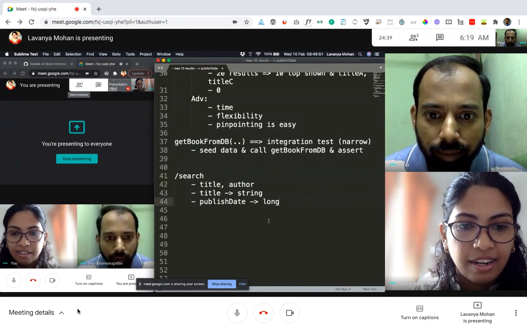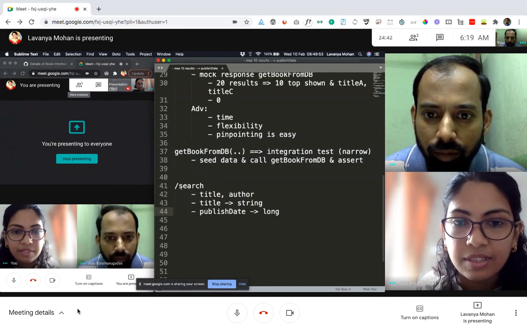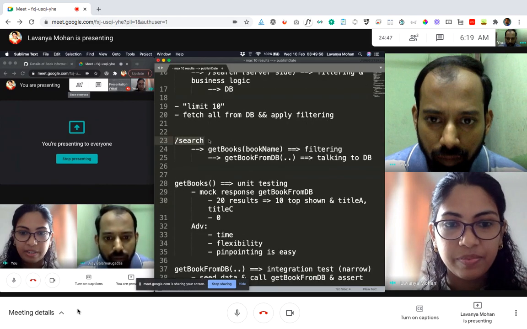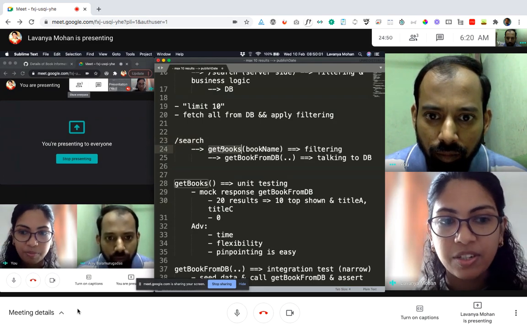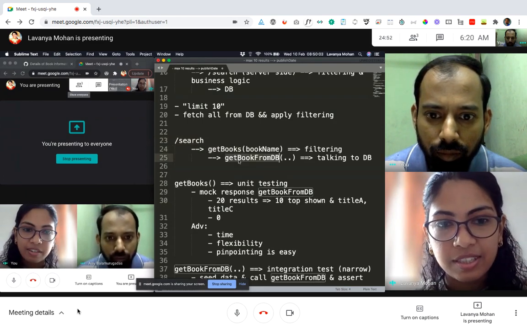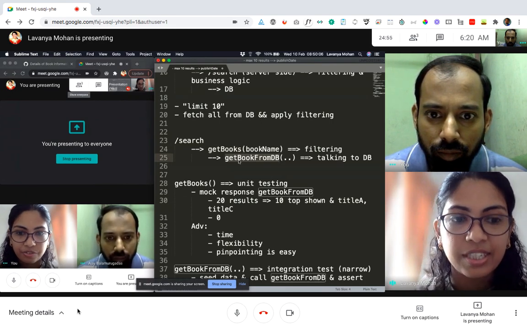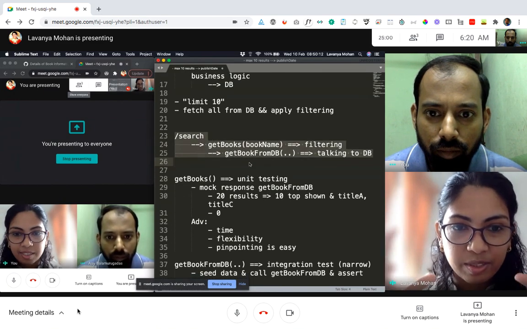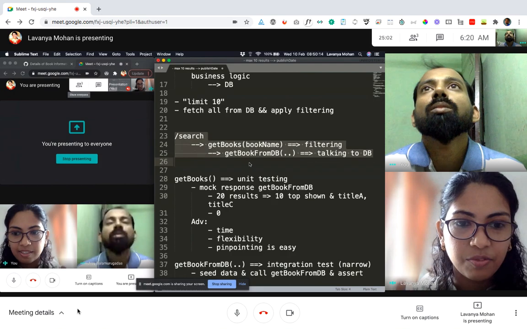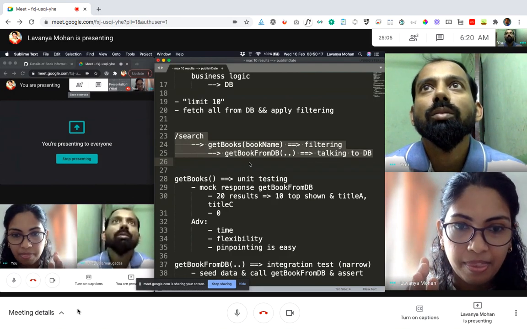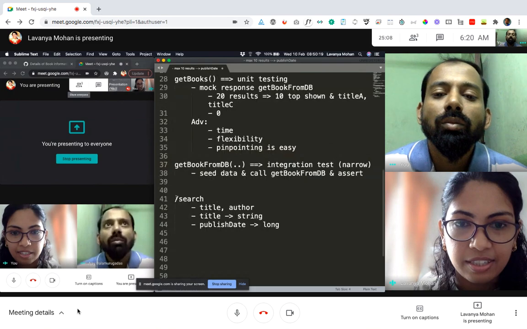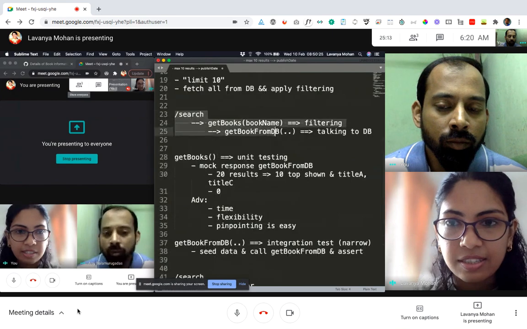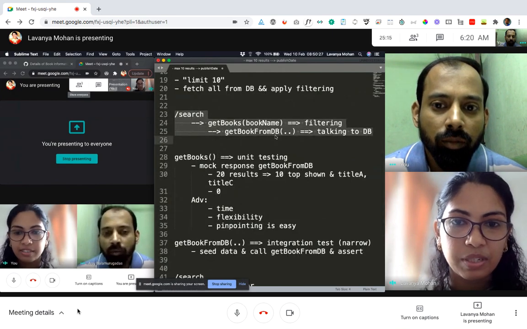Right. And if we now think about it, since we have covered hitting the API, and also individually covered this particular method of filtering, and individually covered this method of fetching data from the database, we can almost say that this server-side code is working well together. After this third integration test that we wrote, where we actually hit the API itself, we can say these three things are working fine together because we are getting the expected results back.